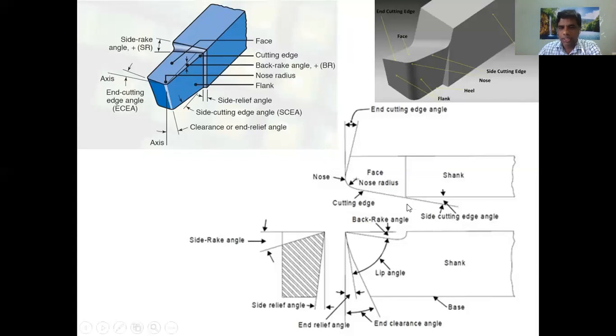And the next important angles are your clearance angles. So I told you, whatever surface you take here, this is nothing but the flank, right? So this is one flank and this is one flank. If you ask where this flank is in this diagram, this line which is representing it is nothing but the flank. If you extend this line perpendicular to the plane, whatever surface you get is nothing but a flank.